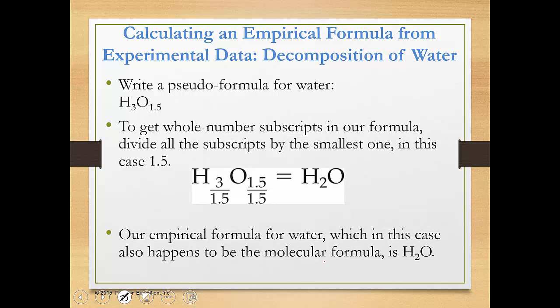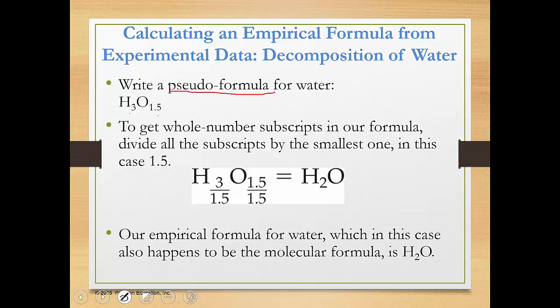So what I can do is write what we call a pseudo formula for water. I just go ahead and plug in the values that I found, the number of moles. So I said there were 3 moles of hydrogen for every 1.5 moles of oxygen, so I'm going to write it as H3O1.5. All right, so there's my empirical formula. That's my simplest whole number ratio. But